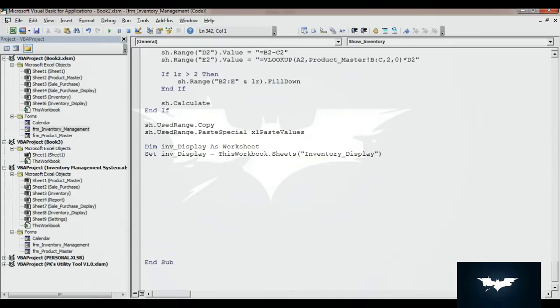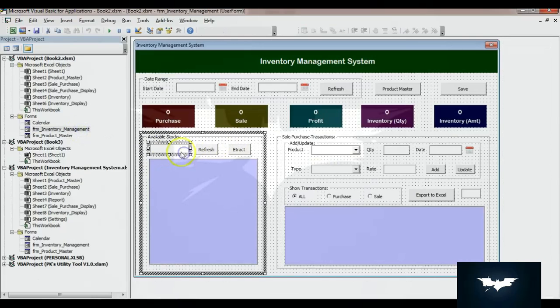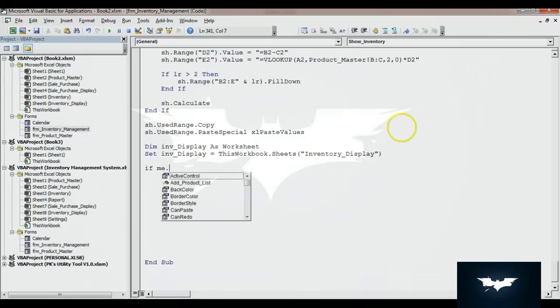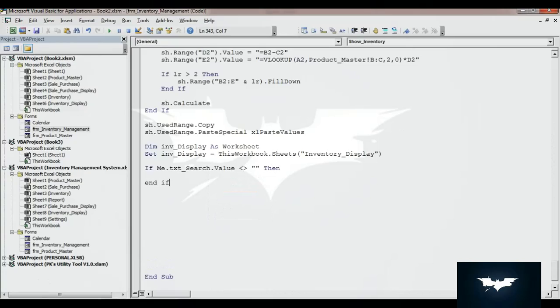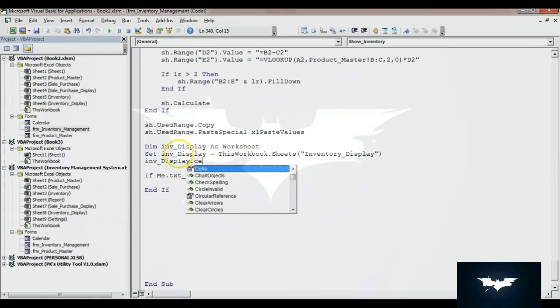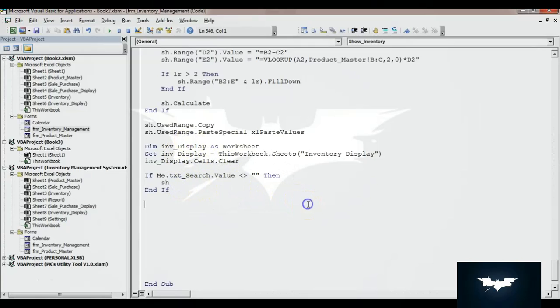inventory display. And then what I will do, if any value is available here in this box, if me.txtSearch dot value is not equal to blank, then first we should remove any data available, cells dot clear, and here we will put a filter. So I will use here sh dot used range and dot auto filter, and the field we will take first field because product is available there, and we will filter as contains.